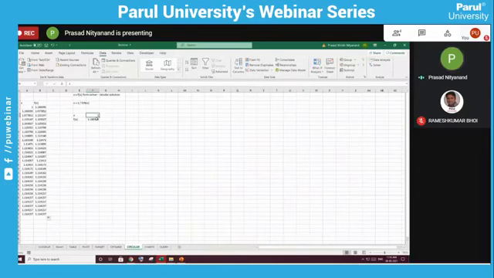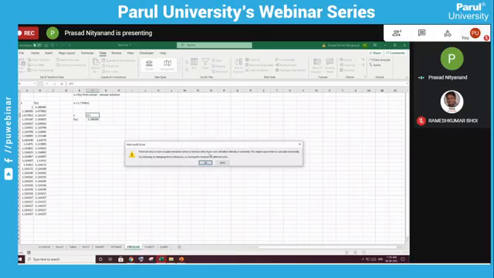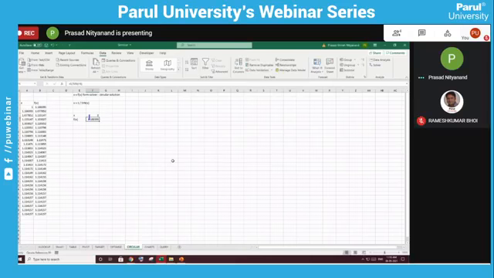What I will do is put the initial guess, I will put f of x, then here I will do equal to f of x, because x equal to f of x. It will give you this error: there are one or more circular references where a formula refers to its own cell directly or indirectly. So why is this giving an error? Because this cell is dependent on this cell, and then this cell is dependent on the cell below. So it is giving the error.